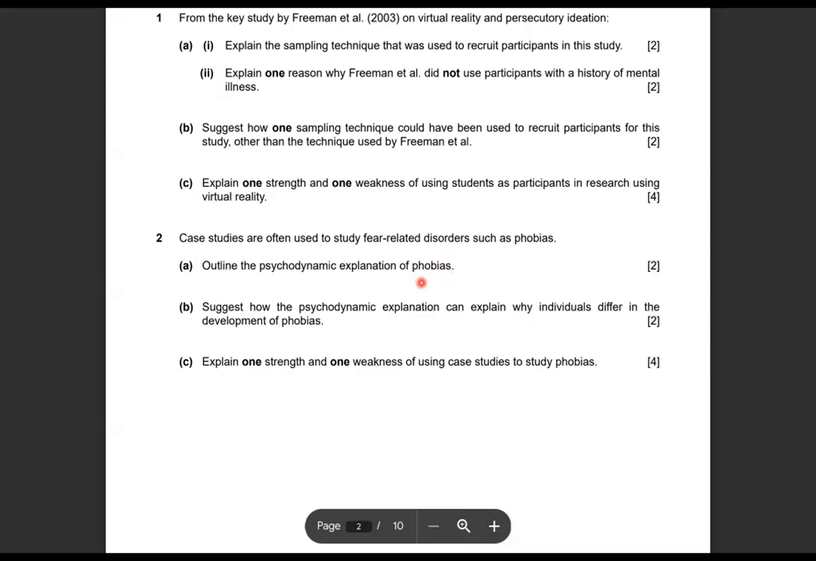Okay, so the psychodynamic explanation by Freud, it's not a 4-mark or a 6-mark or an 8-marker, so you don't need to give a lot of detail. Just very briefly give a short definition or explanation of what the psychodynamic explanation of phobias is for 2 marks. Okay, you can talk about how it's a conflict between the id and the superego,